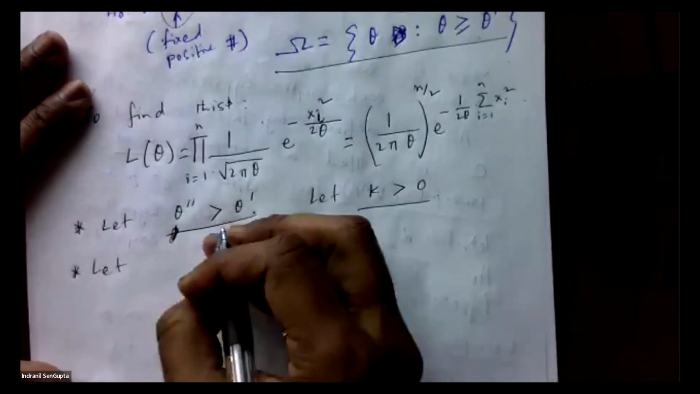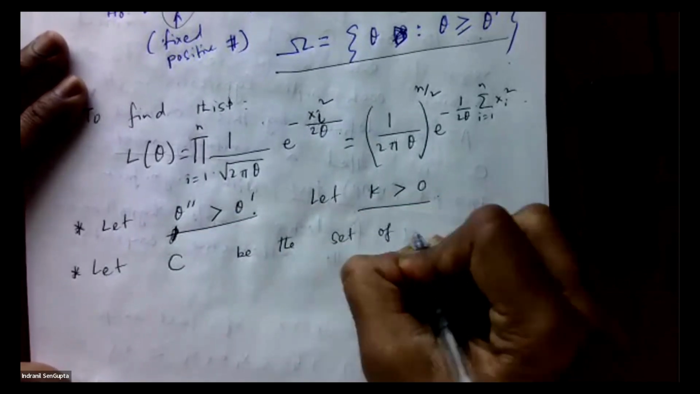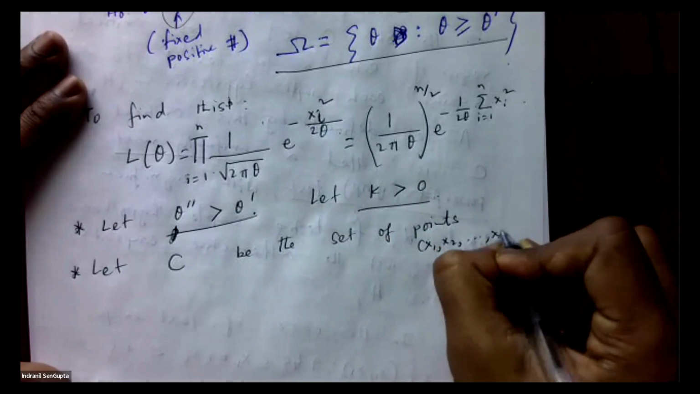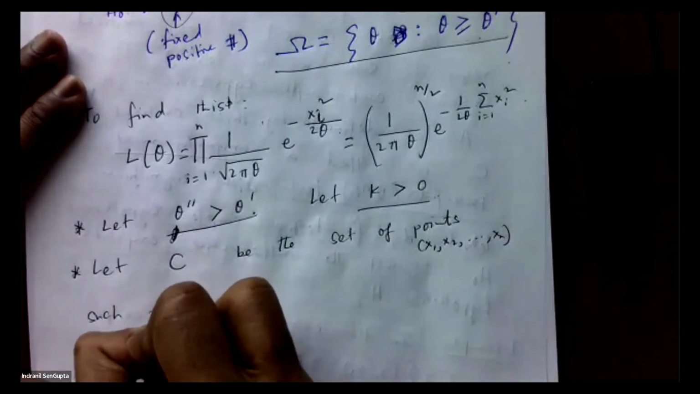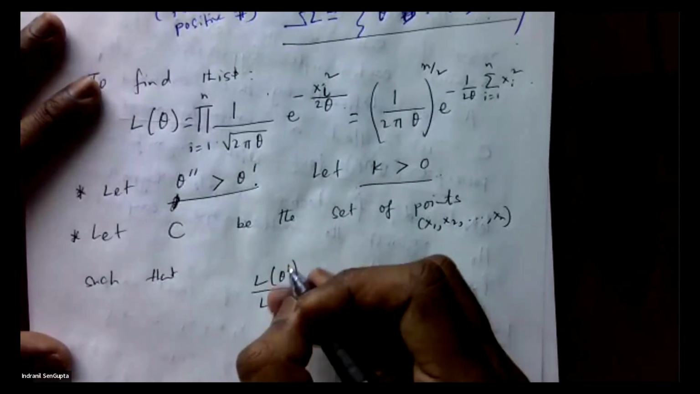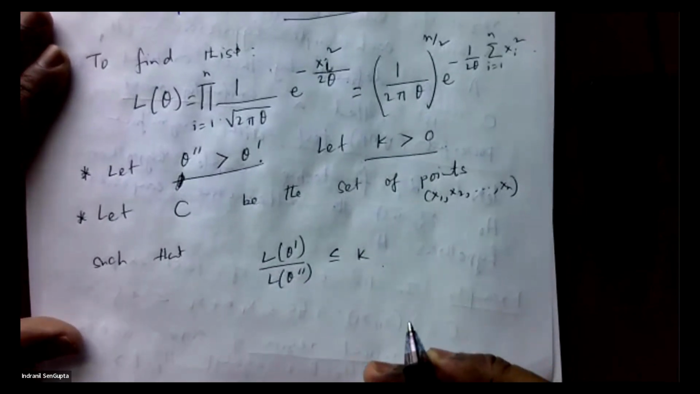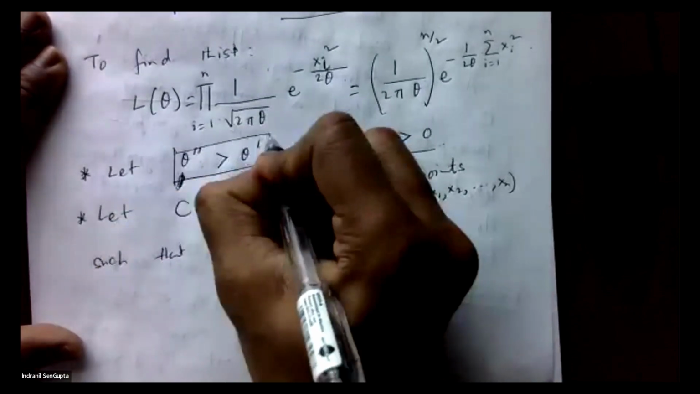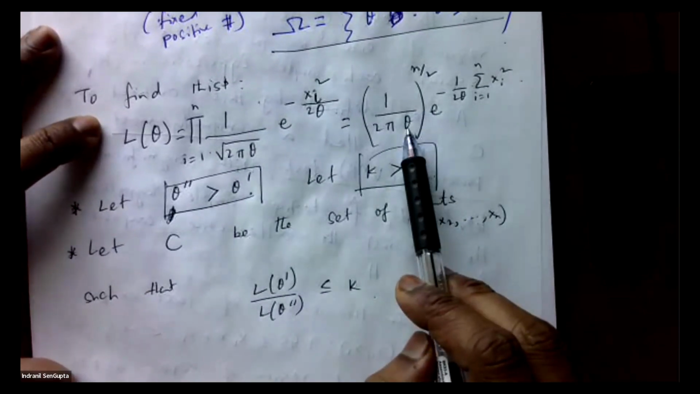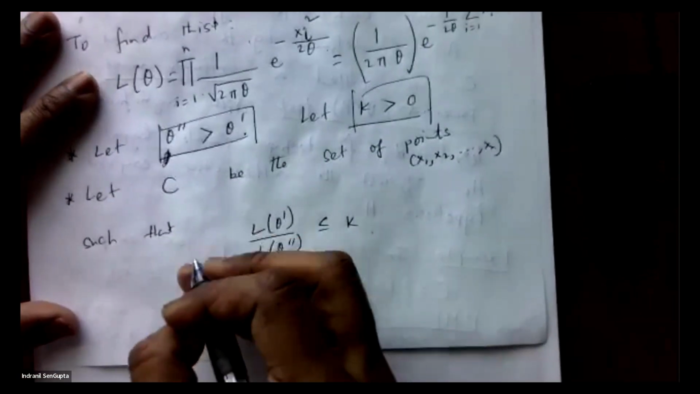So let C be the set of points, by that I mean x1, x2, ..., xn, such that L of theta prime over L of theta double prime is less than or equal to k. This is the setup for the Neyman-Pearson test, right? Let's simplify this. So I have all these values, so I know how to compute this. When I have L of theta prime, I'll replace theta by theta prime. When it's L of theta double prime, I'll replace theta by theta double prime. So if I did that, and if I simplify, that means